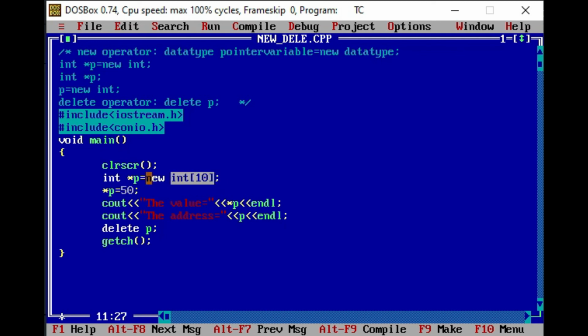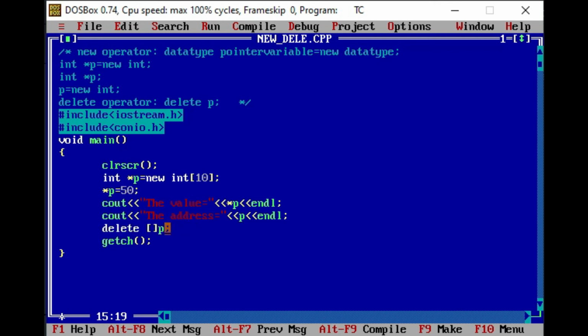So with the help of the new operator, the compiler will allocate 20 bytes of memory. And when we are deallocating the pointer, at that time we need to write delete, square brackets and p. So this will be the syntax for allocating memory for an array.